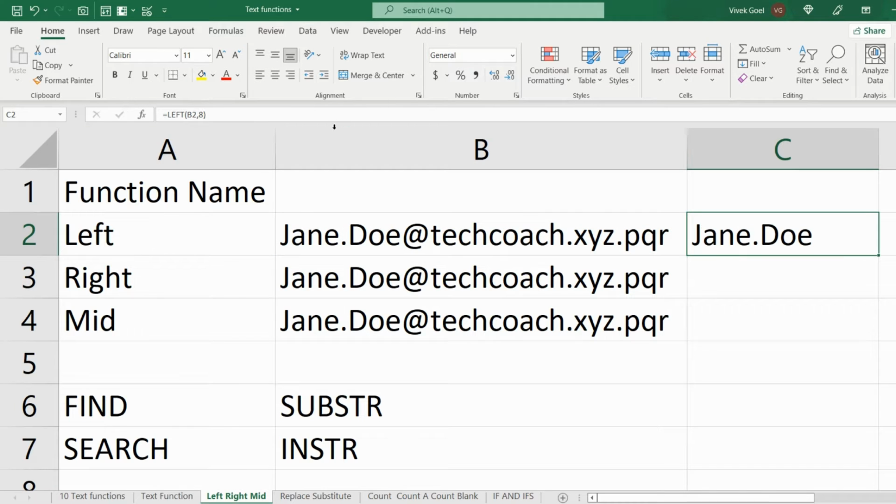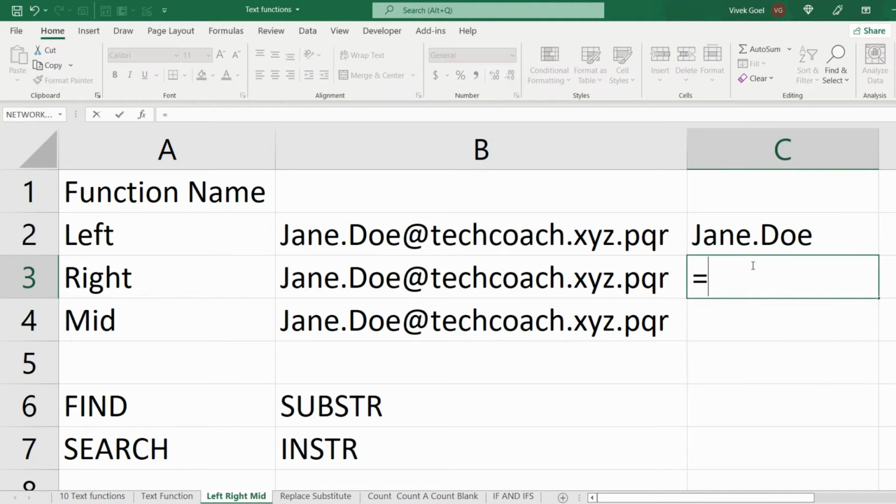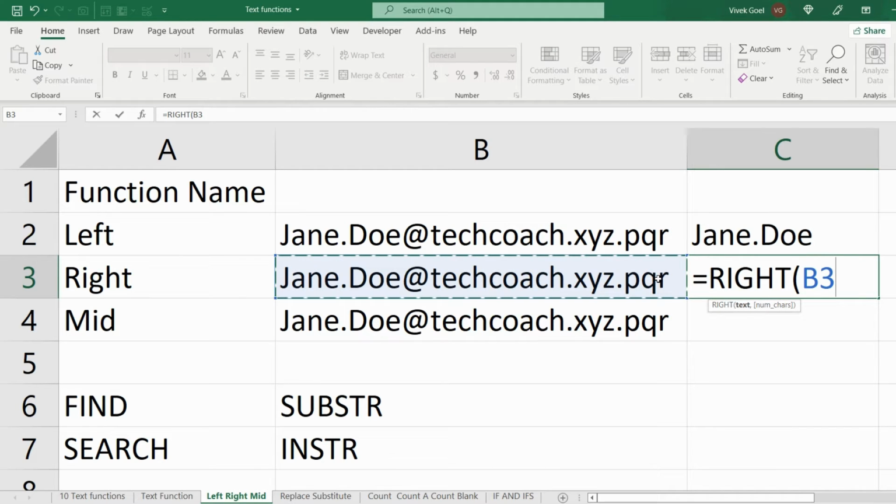Right is similar to left, but instead of fetching the characters from the start, it fetches the characters from the end. Here we want to display techcoach.xyz.pqr, so we will specify 17 as our second parameter: 9 characters for techcoach, 2 for dots and 3 each for xyz and pqr.